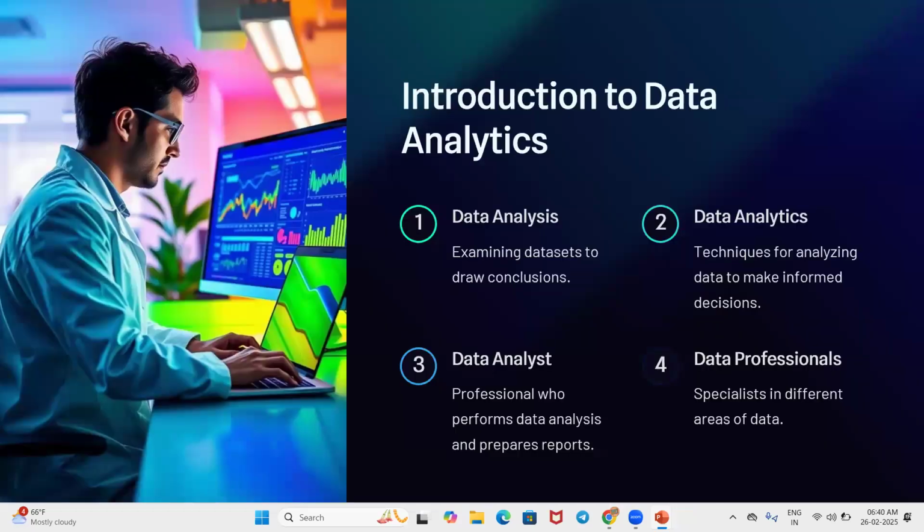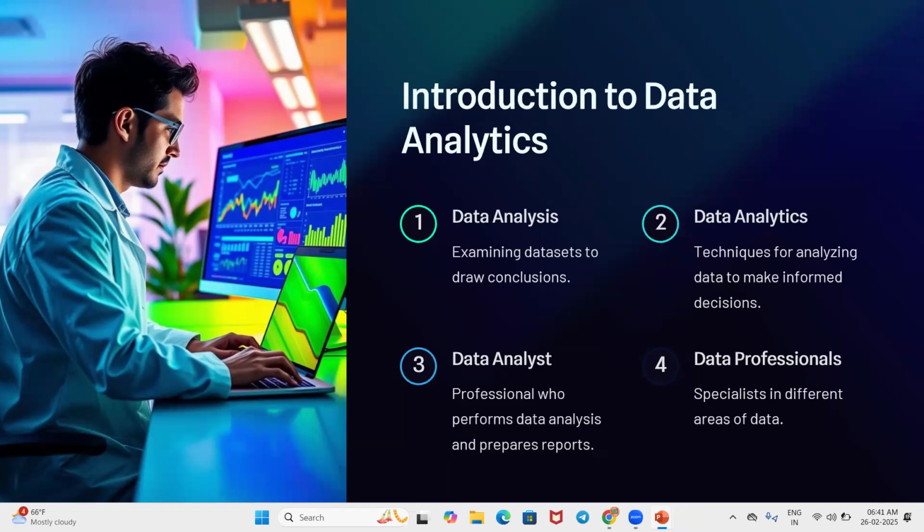Here we have to understand the different terminologies: what is data analysis, what is data analytics, and what is a data analyst? Data analysis is a process of examining, in the sense exploring, the data set we are dealing with. The process of understanding the data is known as data analysis.